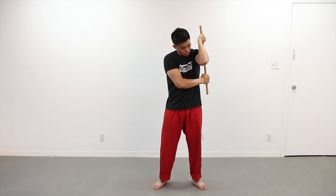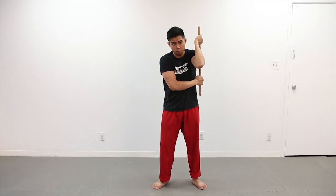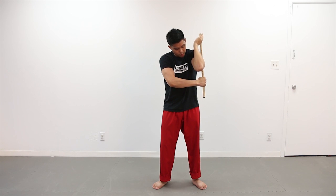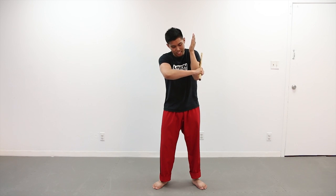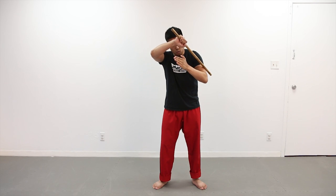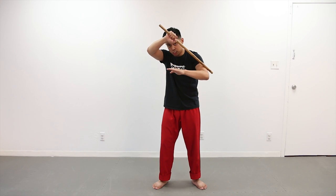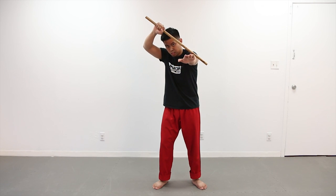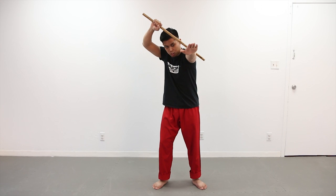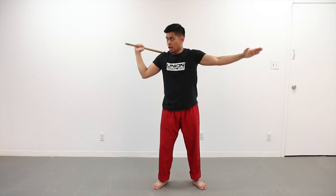So from this position here, we're going to take our stick and we're going to start to implement the sombrado motion. We're going to take the stick up, left hand comes down inside the stick. I'm going to start to implement a roof block. Once the stick gets around my tricep to elbow area, I'm going to take my left hand, stretch it out for the sundat or eye jab. Once I get this position here, I'm going to stretch over my head, around my neck, and back into my